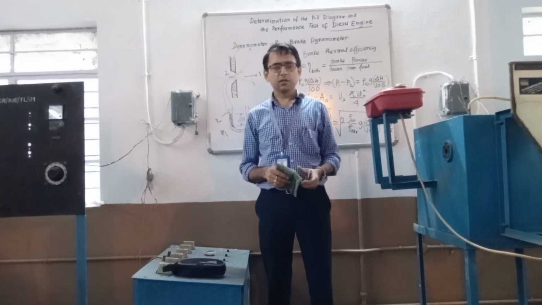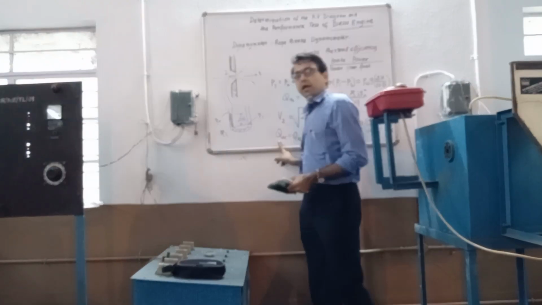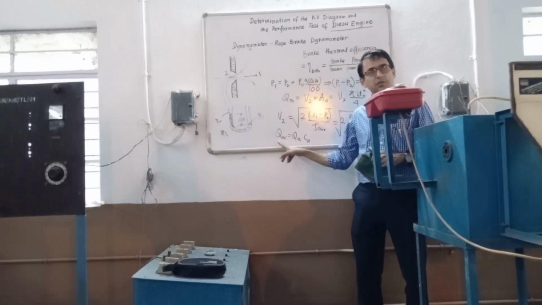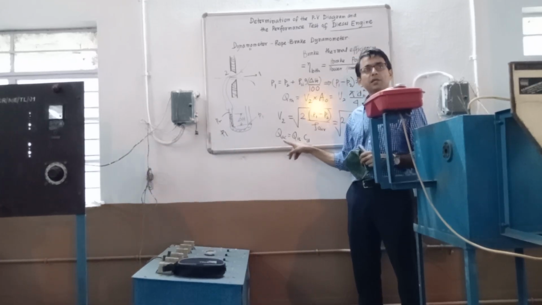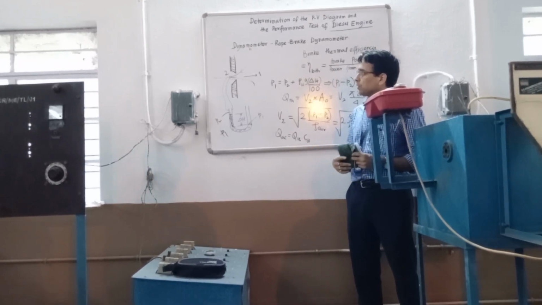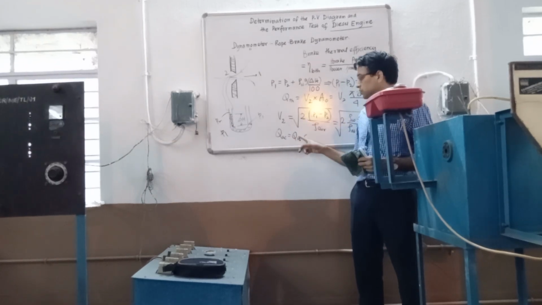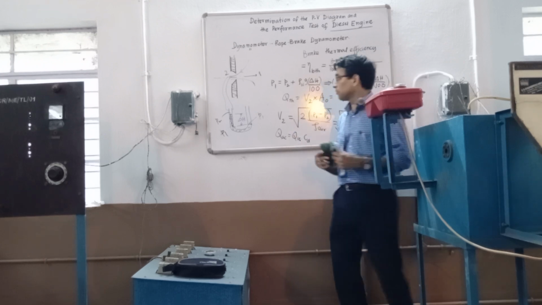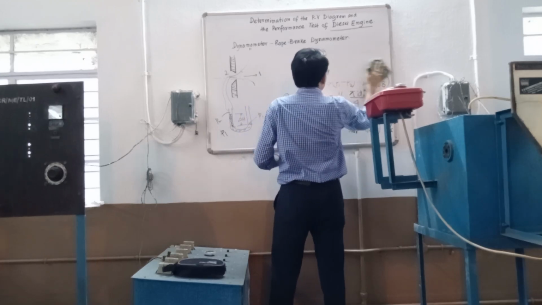So actually, we calculated the actual flow rate of air through the orifice. So that is the rate of air, that is, the volume rate of air that is used by the engine. Now, this is the rate, that means per unit time or per unit second. So that is the volume of air that is used by the engine per unit second. So if we try to calculate the volumetric efficiency, then